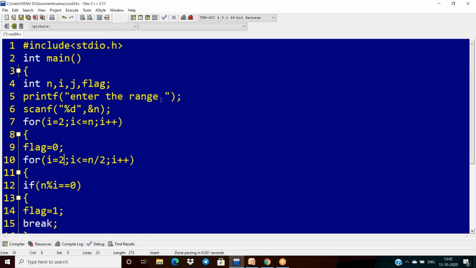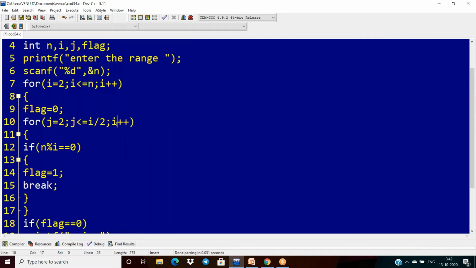j equal to, again it starts from 2, and j less than or equal to i by 2 here. Why? I'm storing each and every value in i, so that is why I'm taking half of the iterations of i, and incrementing the j value.